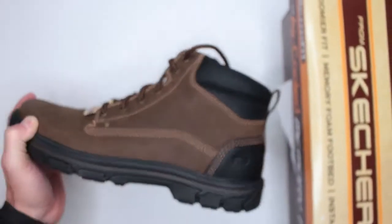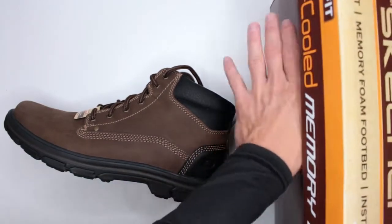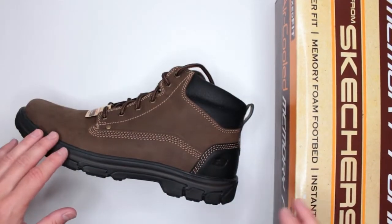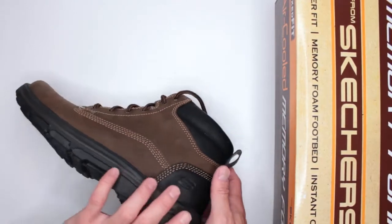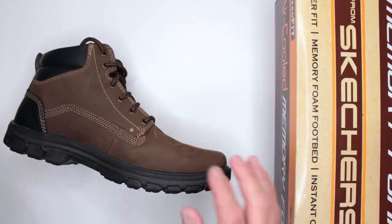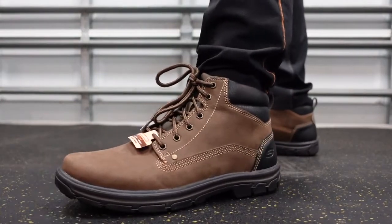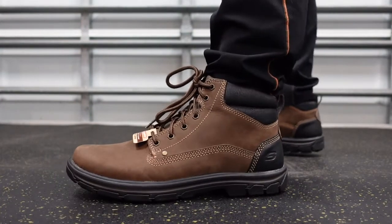Some of you already know this review is not your average boot review. This review is specifically for my ultimate survival boots section. Basically, if you were wearing these boots or they were sitting in your house and something bad happened, I don't know, imagine your favorite president cheated out of the election, and you had to leave the house and you had to run and you had to fight and you had to climb and do whatever is necessary to